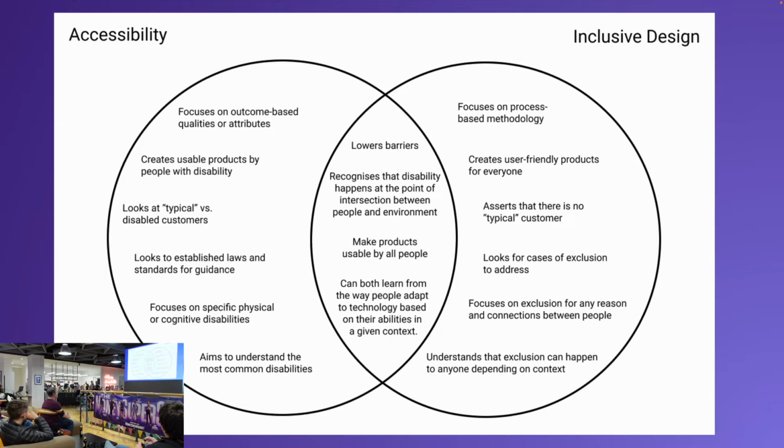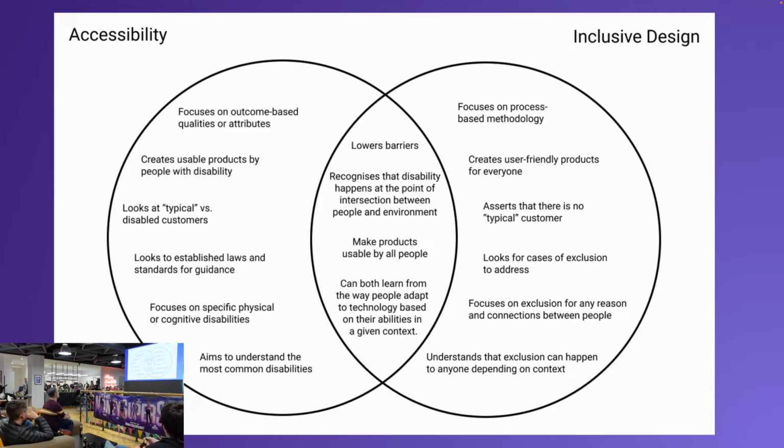So here is a Venn diagram of all things accessibility and inclusive design, and their similarities. And so on the left, we have accessibility and inclusive design on the right. And I just want to point out the differences between the two. So accessibility is mainly specified for people who have a physical or cognitive disability, whereas inclusive design is more for